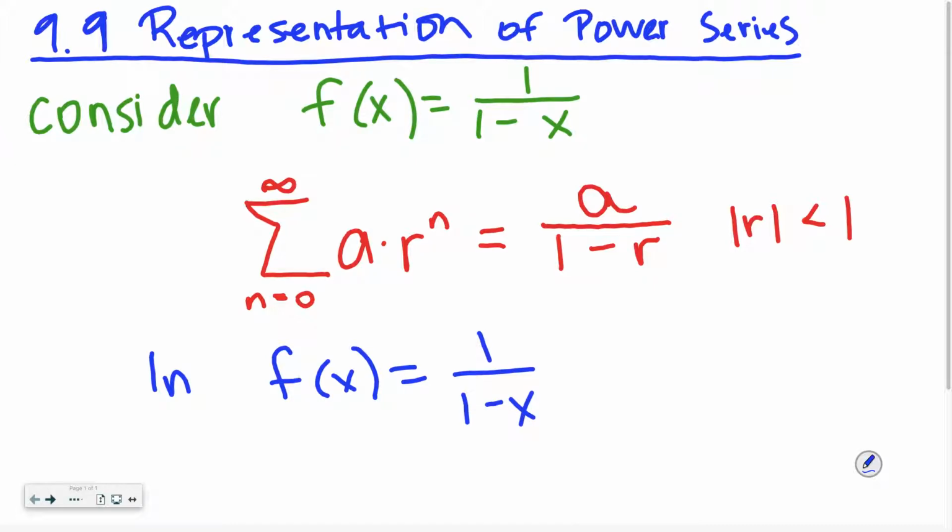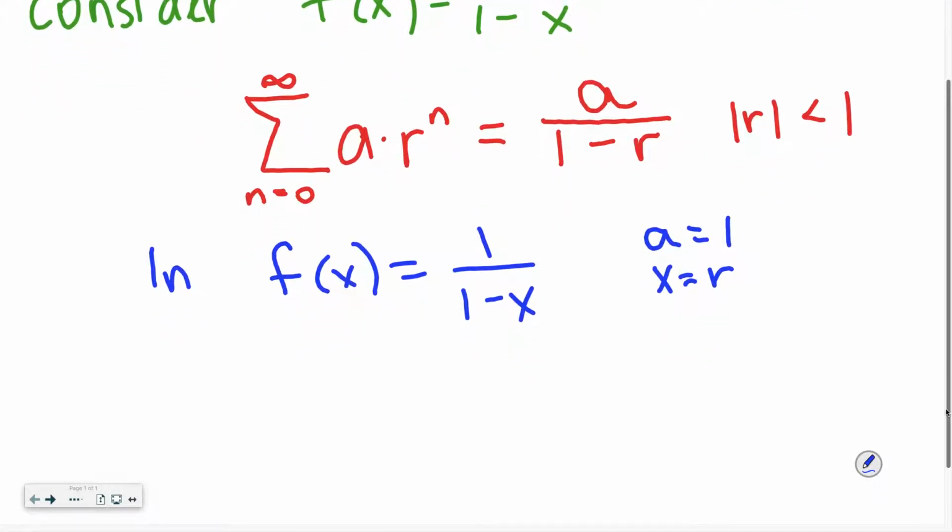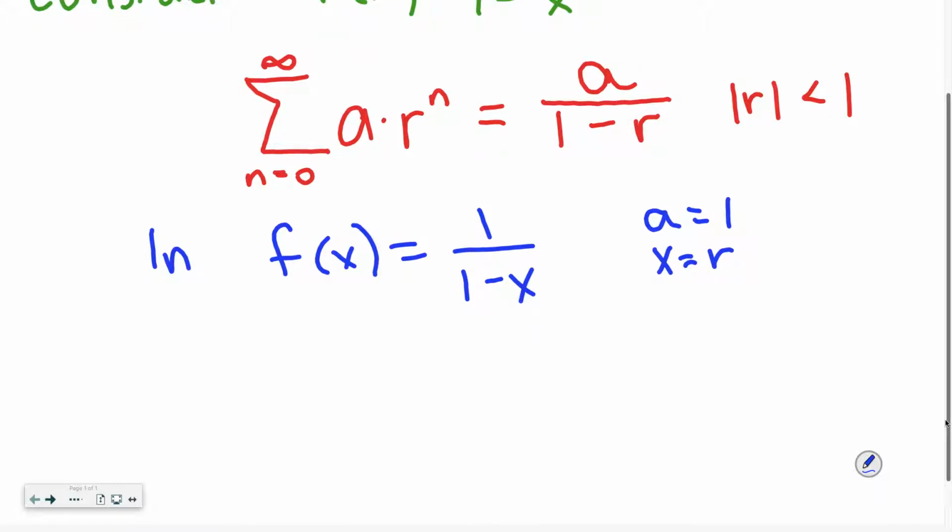So if we come back to 1 over 1 minus x, a is where 1 is, and x is where r is. Do you agree? Okay. So, could we write